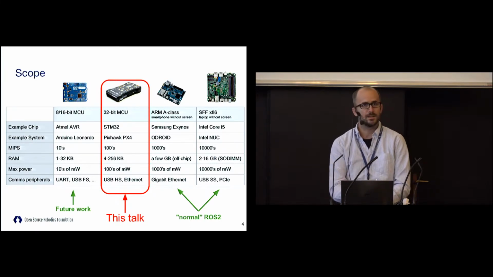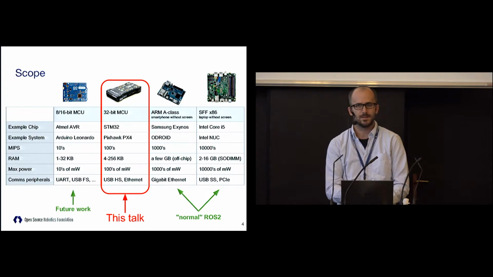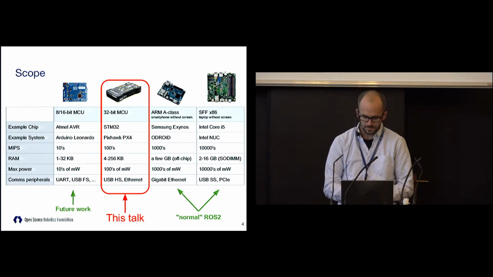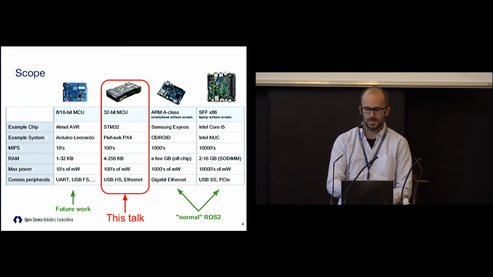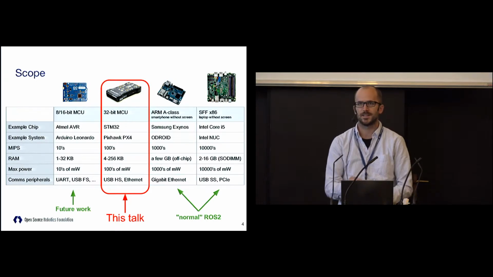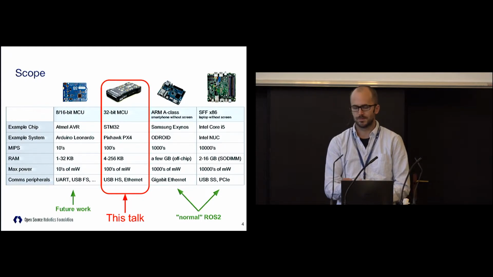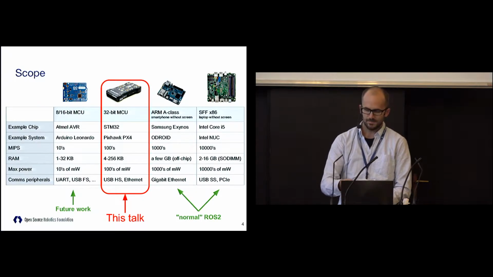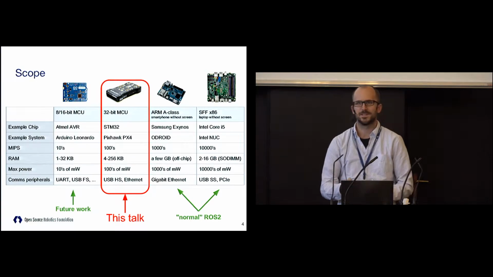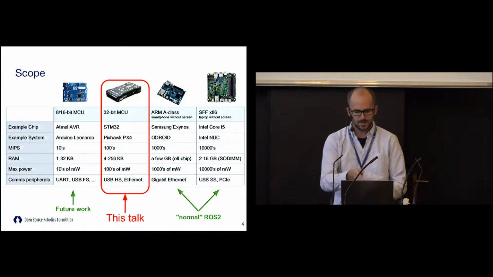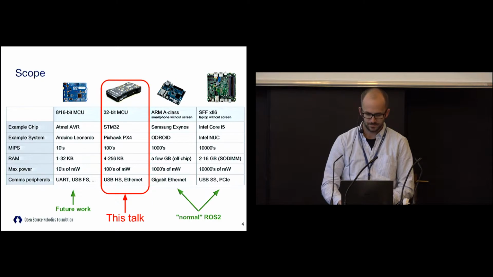Those you can actually get on the high end of that class. You can have Ethernet interfaces, then we can just natively plug that in. The last 2, so I sometimes call the third column the ARM A-class. It's like a smartphone without a screen on it. It's things like Odroid, Gumsticks, BeagleBones, those kind of things. Those are, you can actually just run ROS normally on them. And then the last column, I like to call those laptops without screens. Those are things like the Intel NUCs, the small form factor x86s. So all these things can be called embedded systems because they don't have screens on them. But in this talk, we're just going to talk about 32-bit microcontrollers for now.